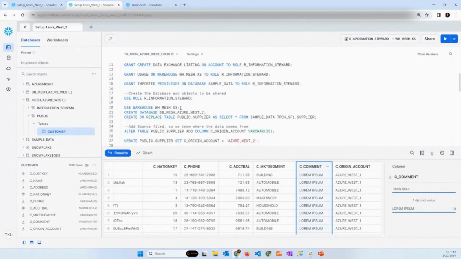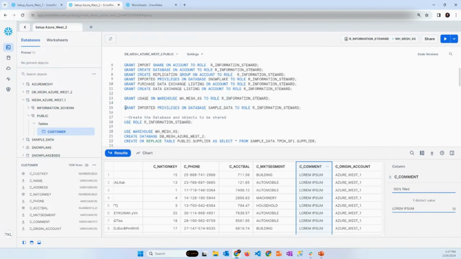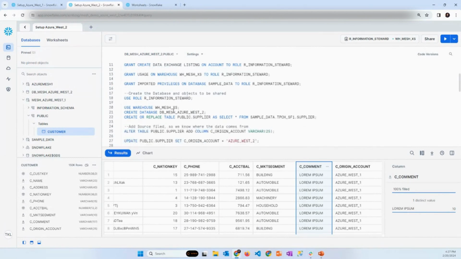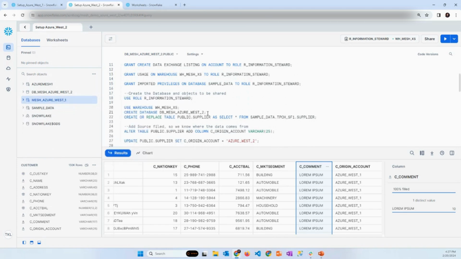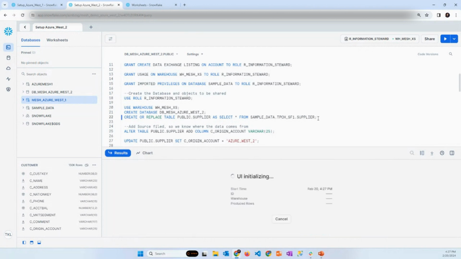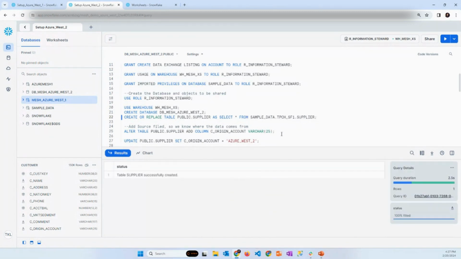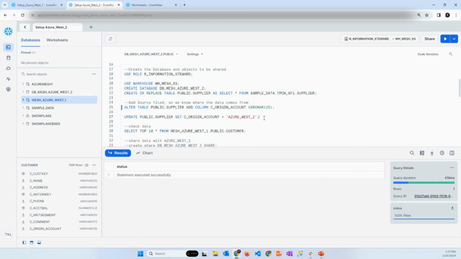Okay, so then we also did the setup of this one. We also created a database called DB Mesh Azure West 2. So currently we're on the Azure West 2 account. This time we will be working with the supplier table. We also created, basically at the origin account, a column, and then also set it to Azure West 2.